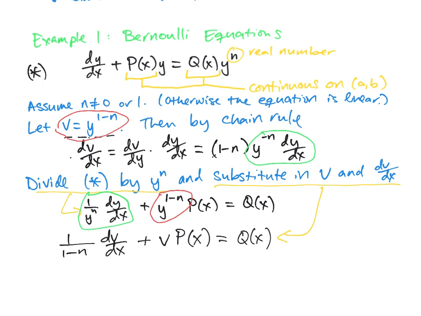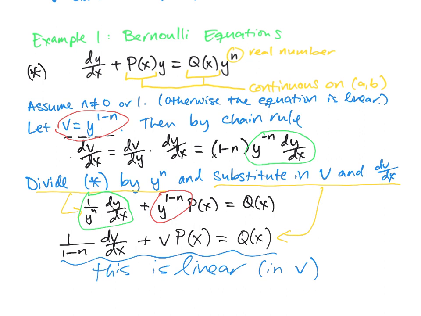Okay, so what's nice here is that this new equation is linear in v. And you can tell that because you just have your dv dx here and you have your v here, and you don't have any sort of nonlinearities in v the way that you had your nonlinearity in y in the original equation. And so we can solve with the method